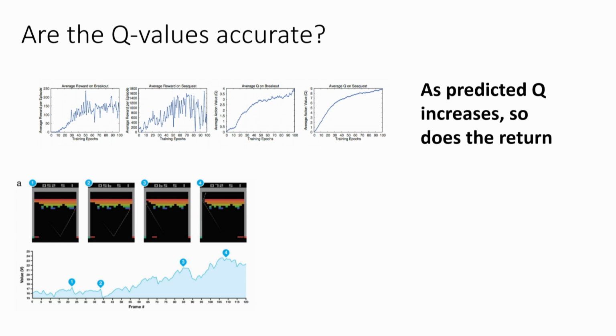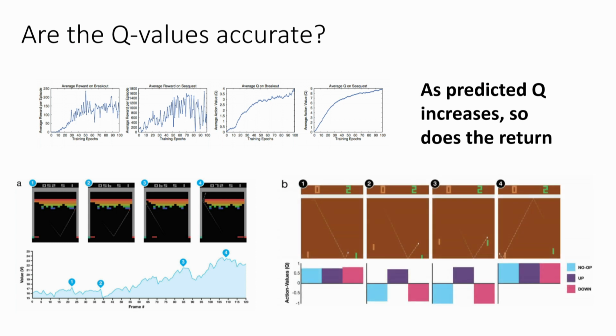There's a bigger peak. And then over here, it breaks through the wall onto the other side. And it really likes doing that because that means the ball could bounce around here a whole bunch and it can get lots of reward. And it's really happy over here. It thinks, now my value function is high because I'm anticipating getting lots of reward in my imminent future. So that makes sense. That means that we're learning some kind of prediction that is actually reasonable.